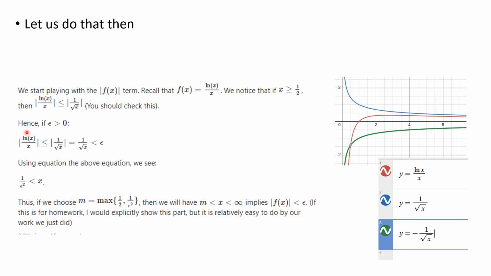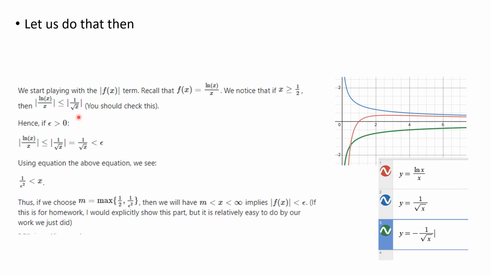So you see, we start by saying, well, if epsilon is greater than 0, then we can say that this absolute value is less than or equal to this. And you see, it's not always true, but it is true whenever x is bigger than or equal to 2. Those absolute values are true, and think through that, please. So you see, we can say that ln of x over x minus 0 is less than the absolute value of that, and when this is positive I get epsilon, then we know that